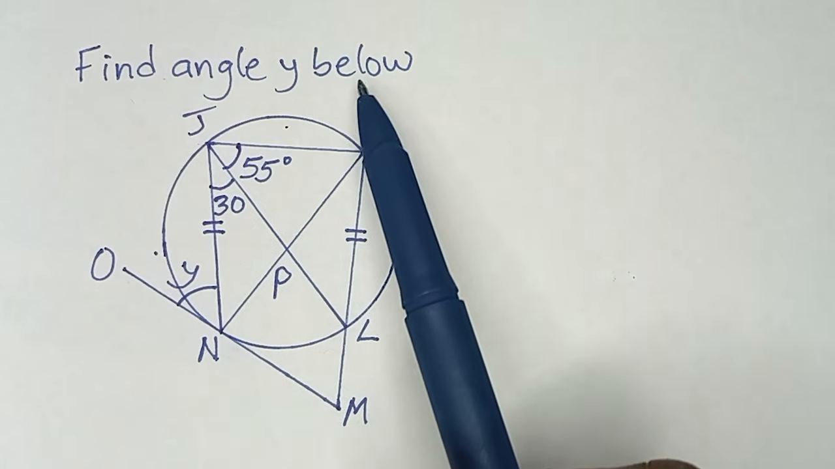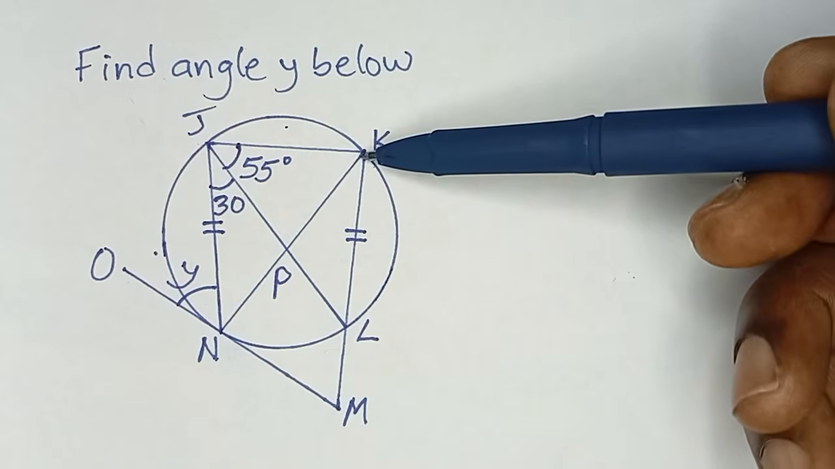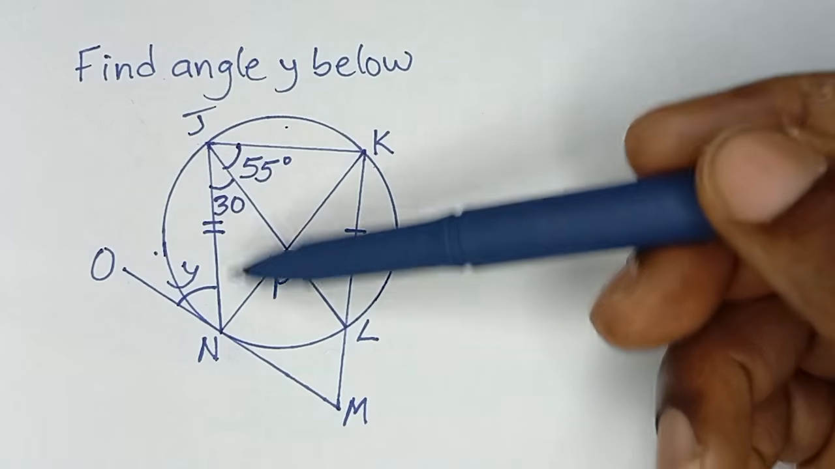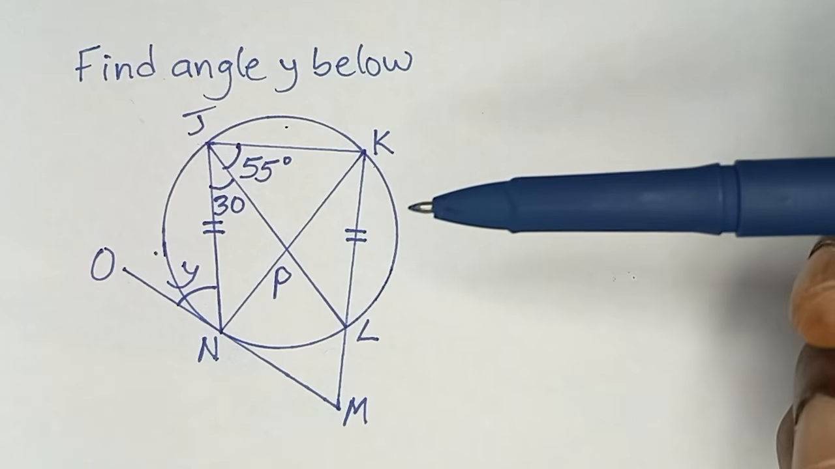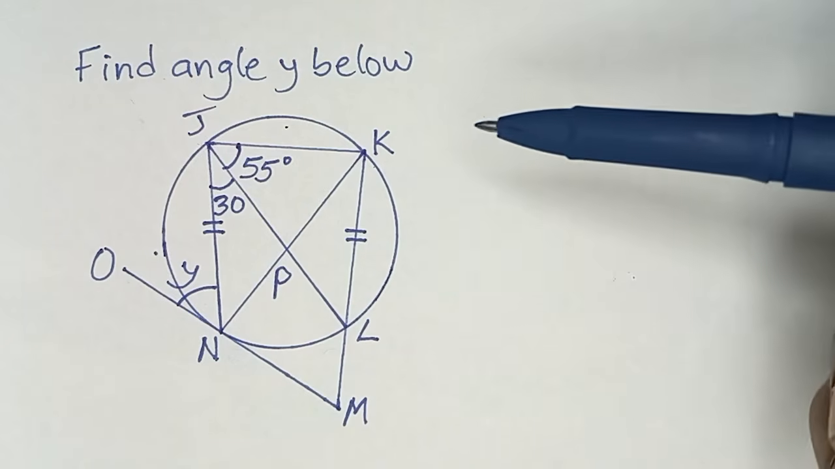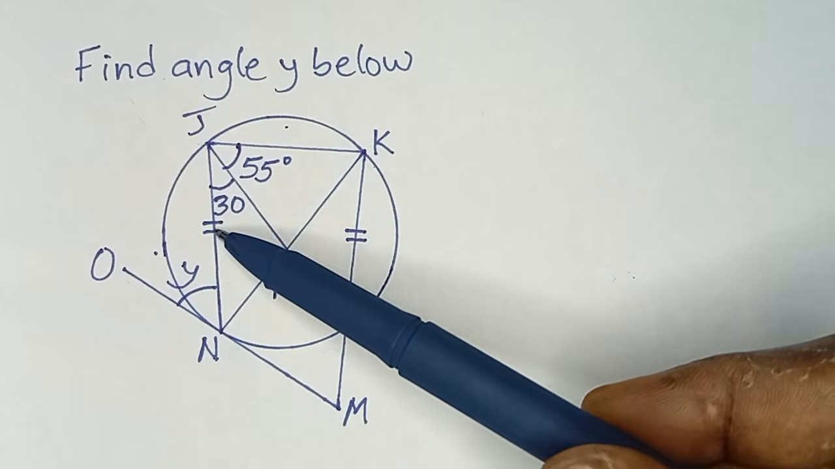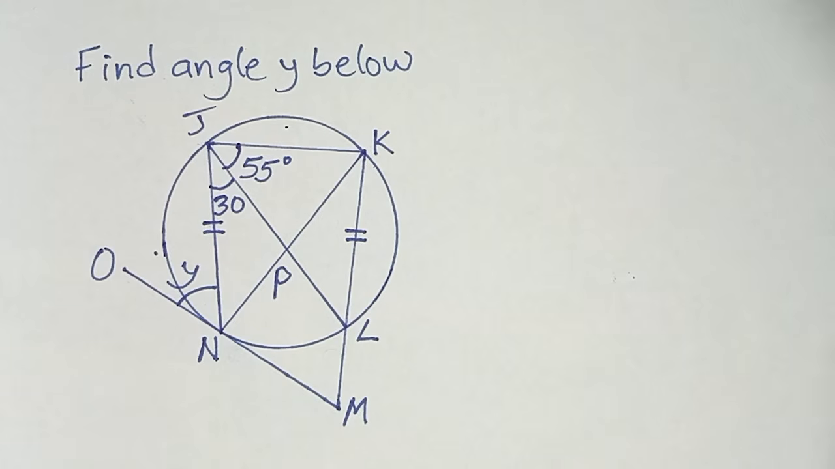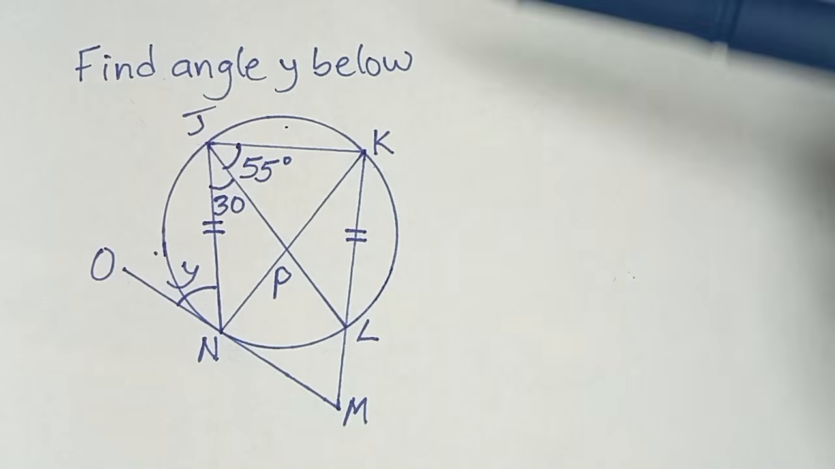Find angle Y below. Now, this 2 mark tells us that this line KL is equal to this line JN. They are equal lines. And that brings us to an uncommon circle theorem. Students are not really familiar with it because it is not used most of the time. Now, anytime you see in a circle that 2 lines like this are equal, what you need to watch out for is the angle that each line, or one of the lines, first of all, subtends at the circumference of